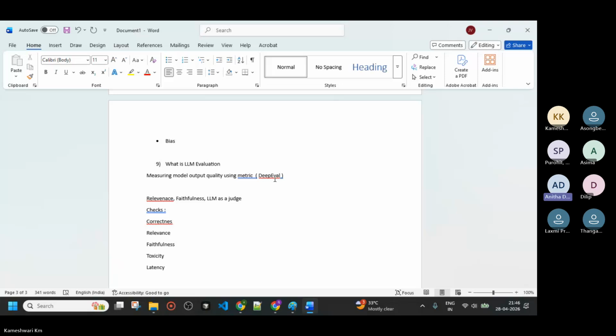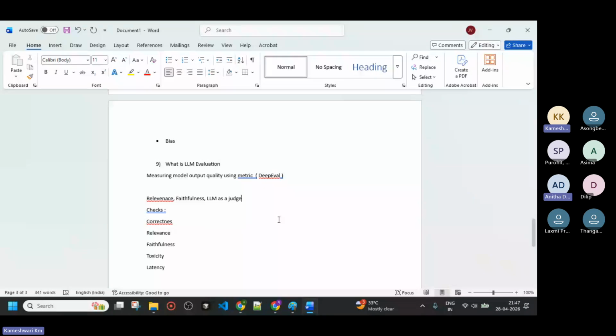Yeah, I think so. It's a little bit confusing, deep evaluation. That's what I am saying. From the evaluation, if you start with LLM or RAG, everything will be the same. You have to remember things like relevance and faithfulness for the LLM. When you come to RAG, you check context precision, context relevance, and again relevance and faithfulness. You see whether the answer is coming from the relevant documents, whether it is correct, and how faithful it is. For these metrics we use the deep evaluation framework for the LLM.